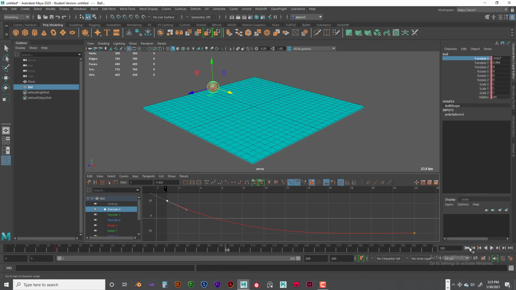Go back. Here we go. Now we don't want it to bounce back, so we're going to pull that back a little bit. We're going to let that flatten out like that. There we go. So now we're easing into the stop position, like that. Alright, so with that done,